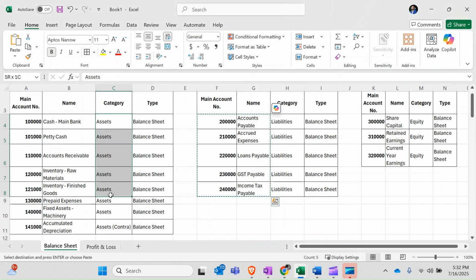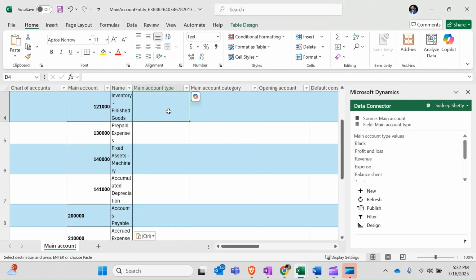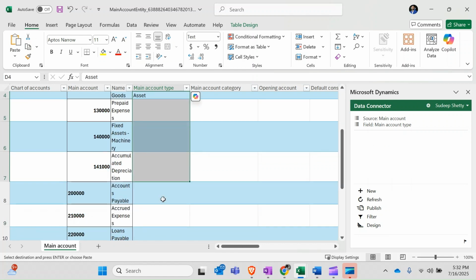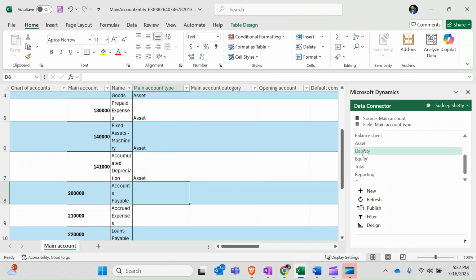And I say that this is an asset, right? The main account type, when you click it, the options will appear here. Asset. So I'm going to say that these are all asset accounts, and this is my liability accounts,